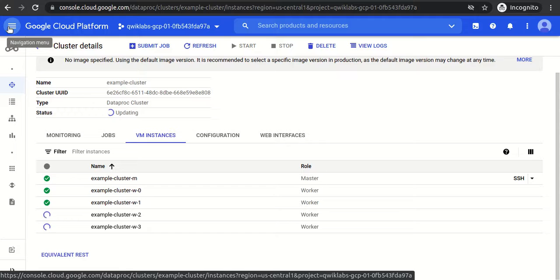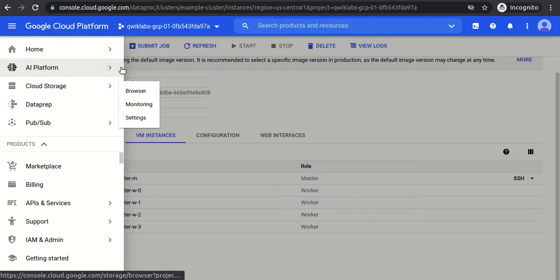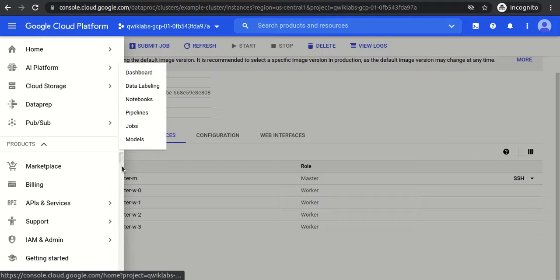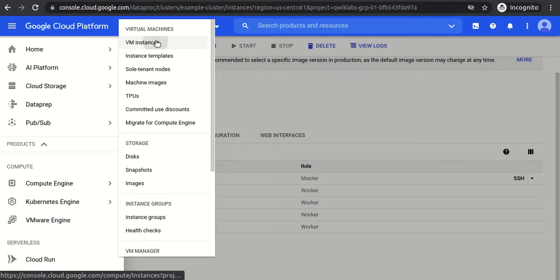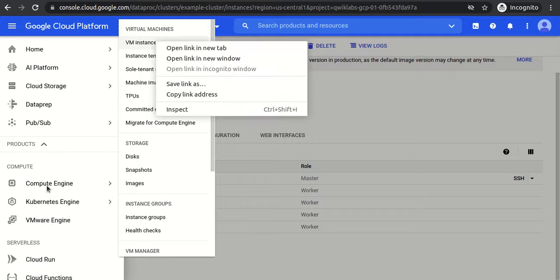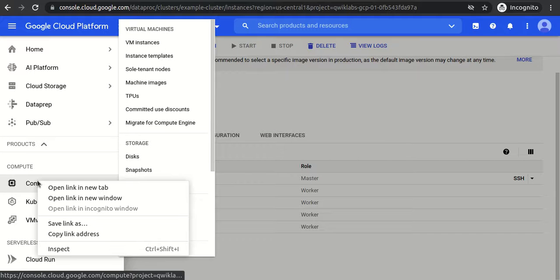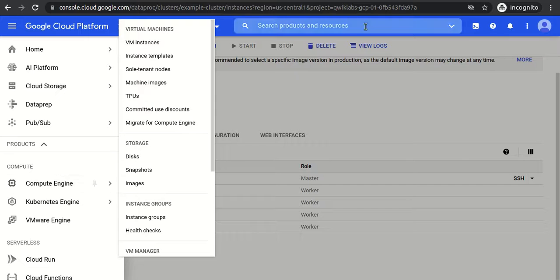These are basically virtual machines. We can see the virtual machines from the compute instances section, Compute Engine, VM instances. Open in a new tab.